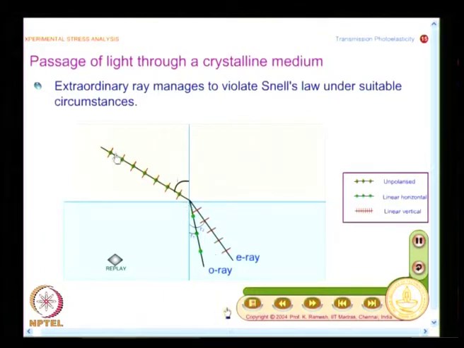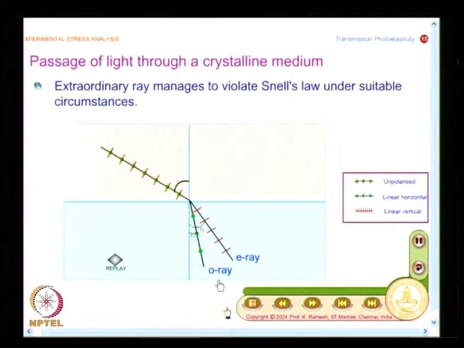First observation is for one incident ray I have two refracted rays. One is labeled as the ordinary ray, another is labeled as the extraordinary ray. And if you look at how these rays are depicted, can you tell me the difference between the incident ray and the refracted rays? The incident ray is unpolarized